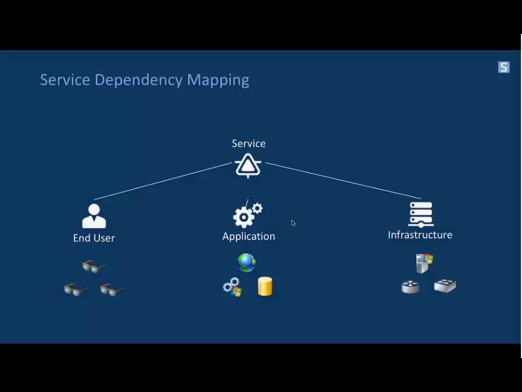And last but not least, we allow you to define service dependencies. So which other service do I need to function? And if you do root cause analysis, you might see that your end users have a problem, but your application layer is fine, and maybe your infrastructure, but you might see that maybe Active Directory has a problem, right? And so that allows you to do some additional root cause analysis